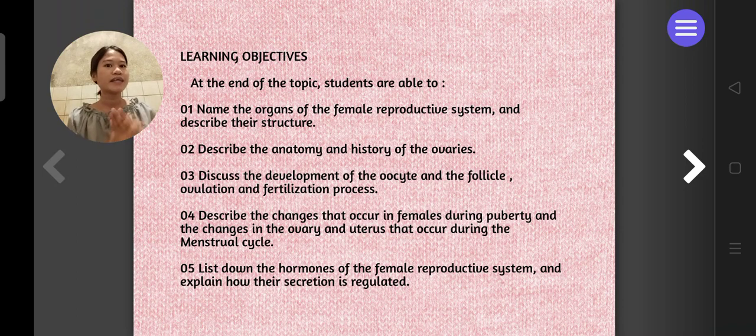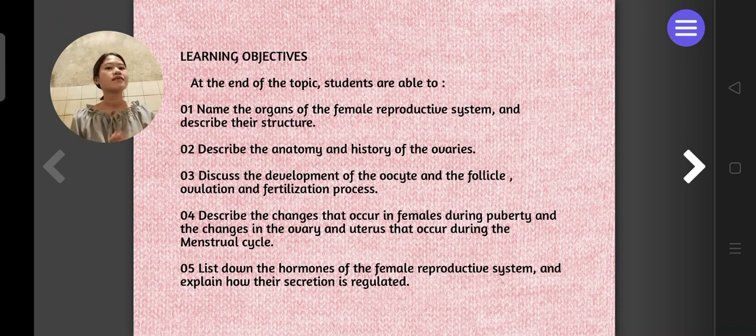Our learning objectives: at the end of our topic, students are able to name the organs of the female reproductive system and describe their structure. Second, describe the anatomy and histology of the ovaries. Third, discuss the development of the oocyte and the follicle,